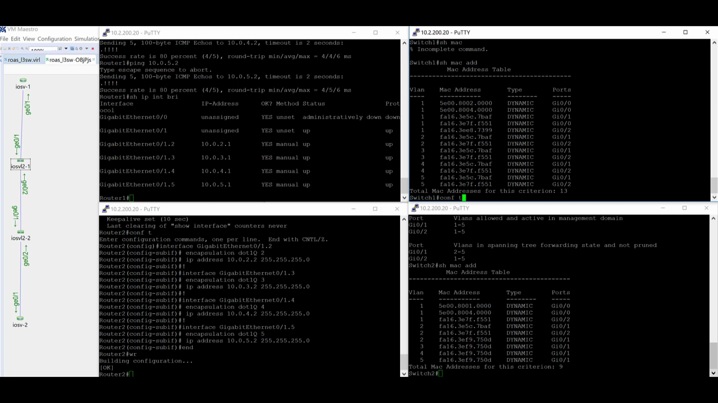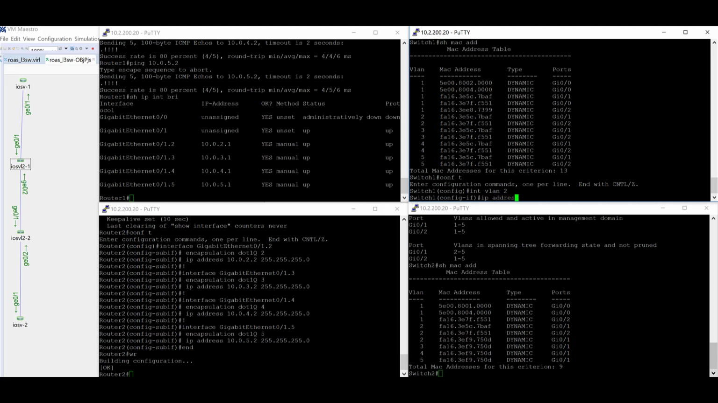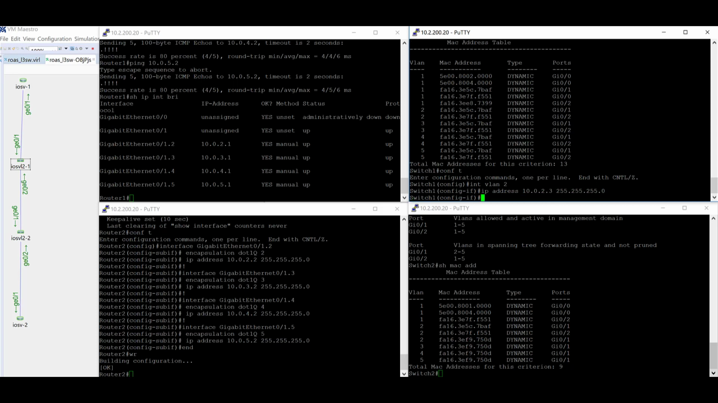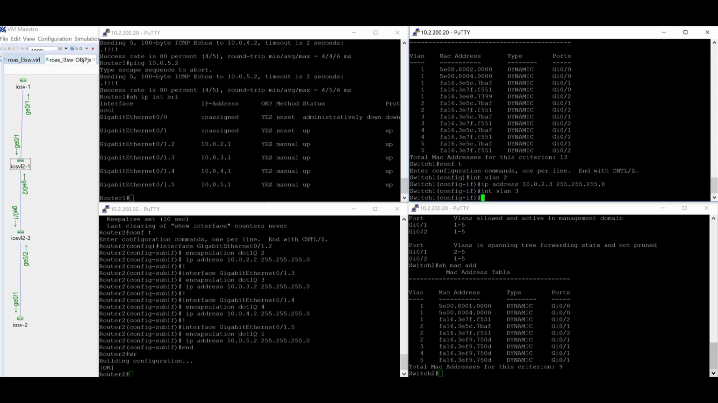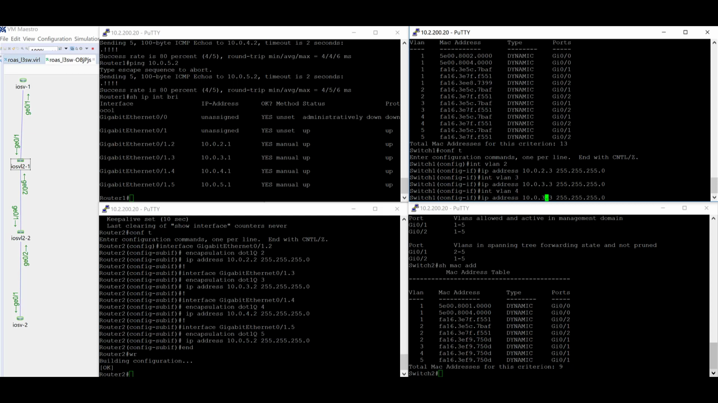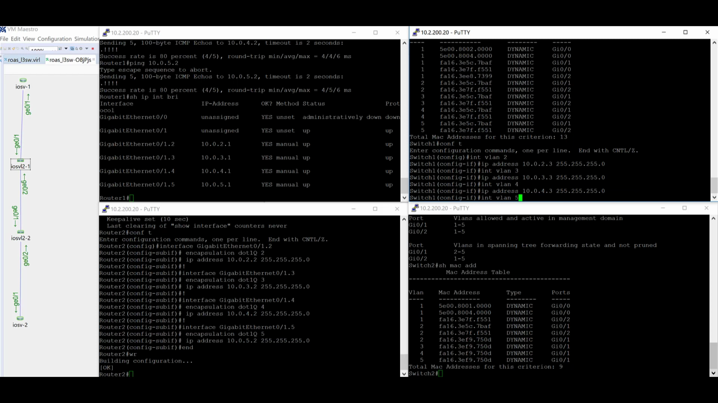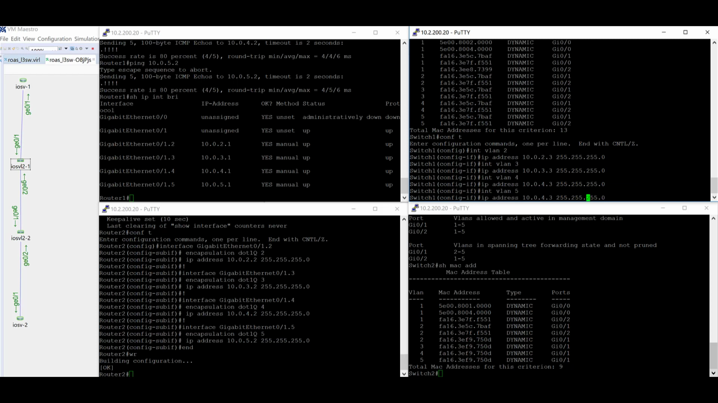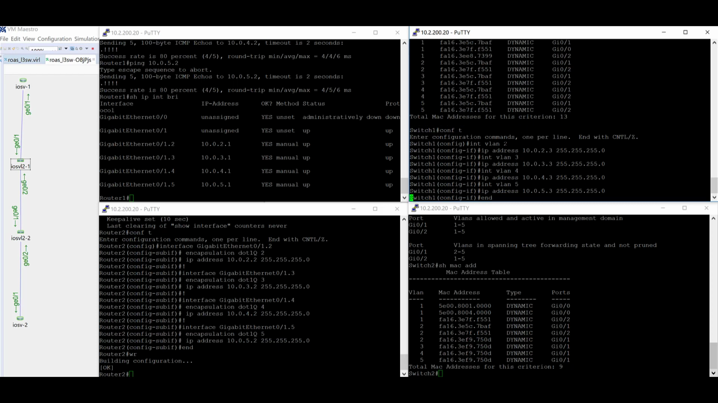Another thing we can do, if we don't want to have router on a stick, we can actually create VLAN interfaces on a layer 3 switch. So in this case, switch 1, we'll do VLAN 2. This will have an IP address of 10.0.2.3/24. We'll do the same thing for VLAN 3. So that'll be 3.3, VLAN 4, that will be 4.3, and lastly VLAN 5. We'll save that